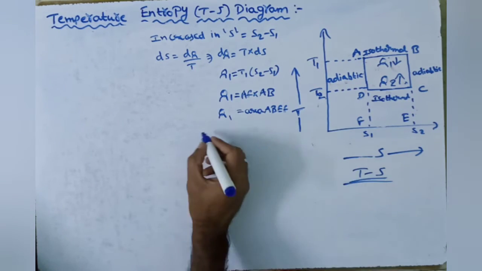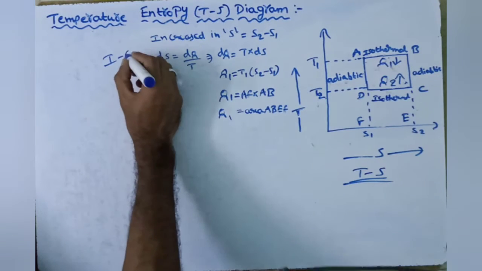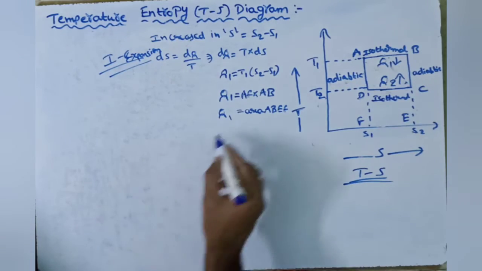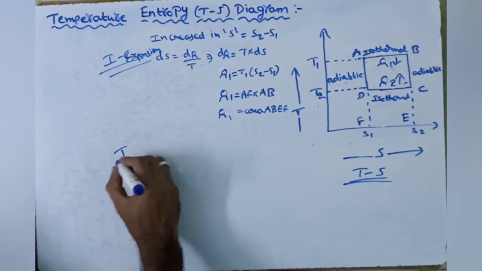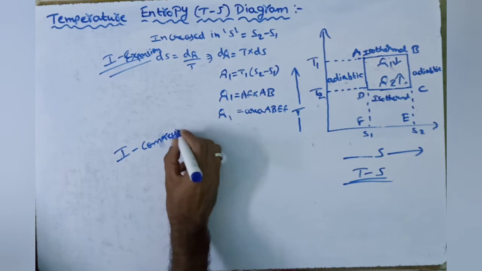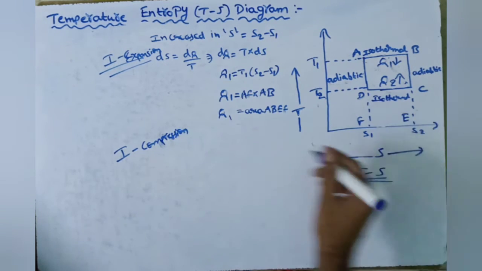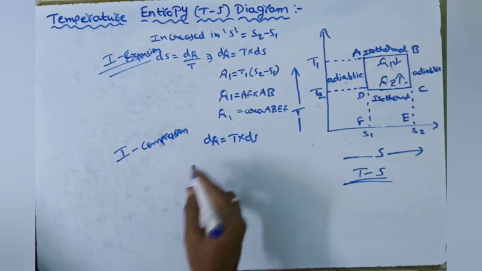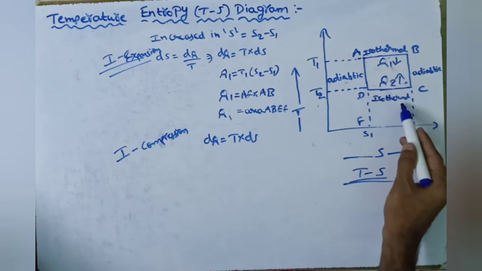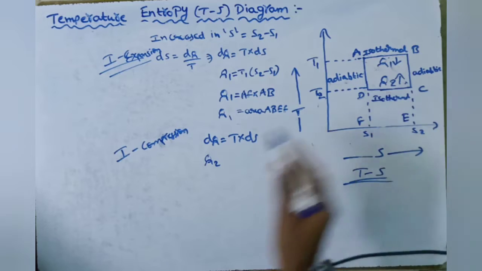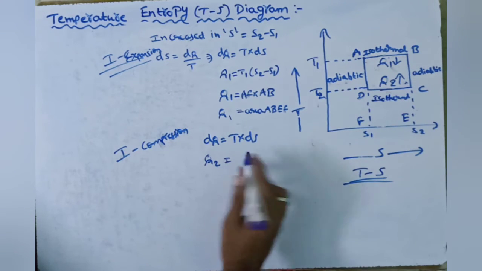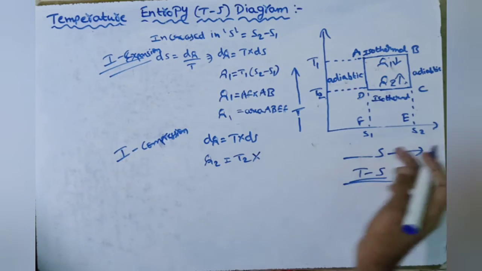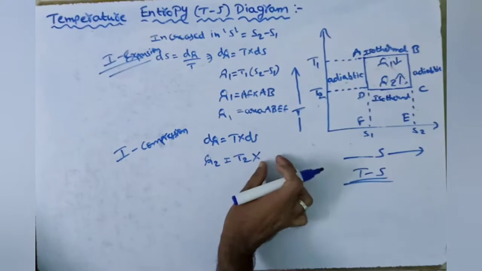In the same way, this is an isothermal expansion process; in the isothermal expansion process, we got Q1. In the same way, in the isothermal compression process, here dq is equal to T into ds, the same formula. Here the heat energy is released. Q2 amount of energy is released, so we write in the place of dq, Q2. Here the temperature is T2, into ds, the change in entropy, the same value, S2 minus S1.